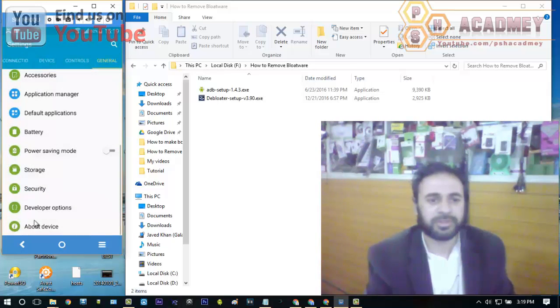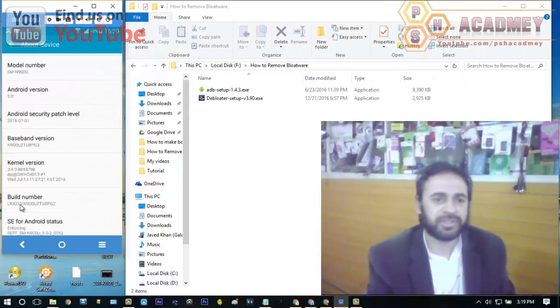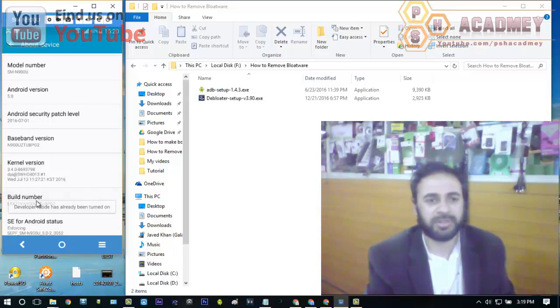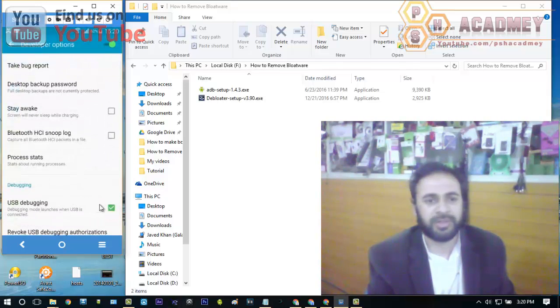If there is no developer option on your phone, you have to go to About device, and here you can see the build number. You have to tap 7 times on this build number, and then the developer option will appear. Then tap on it and enable USB debugging mode.